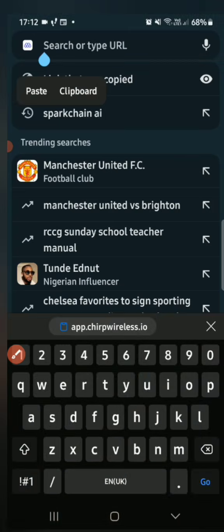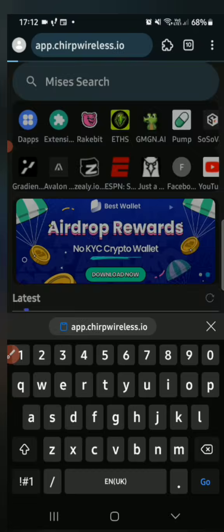So what you have to do now is paste the link. Once you paste the link,